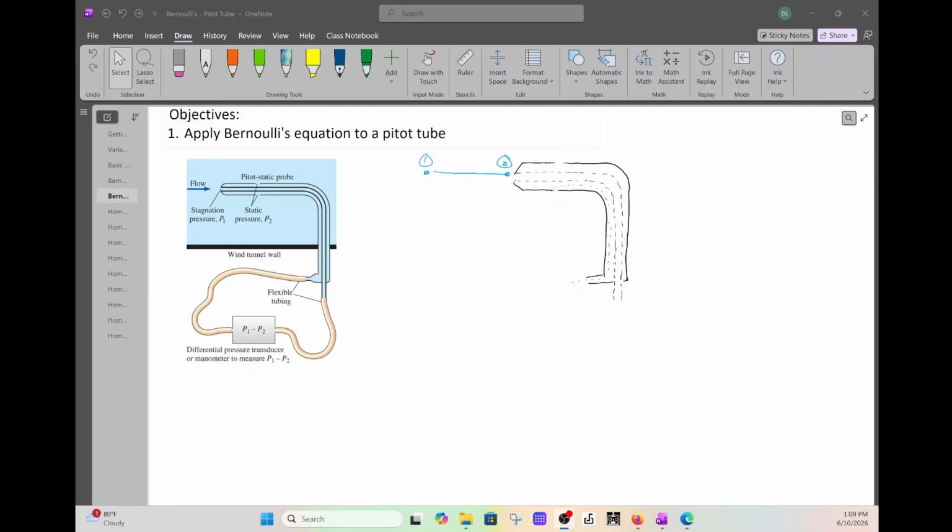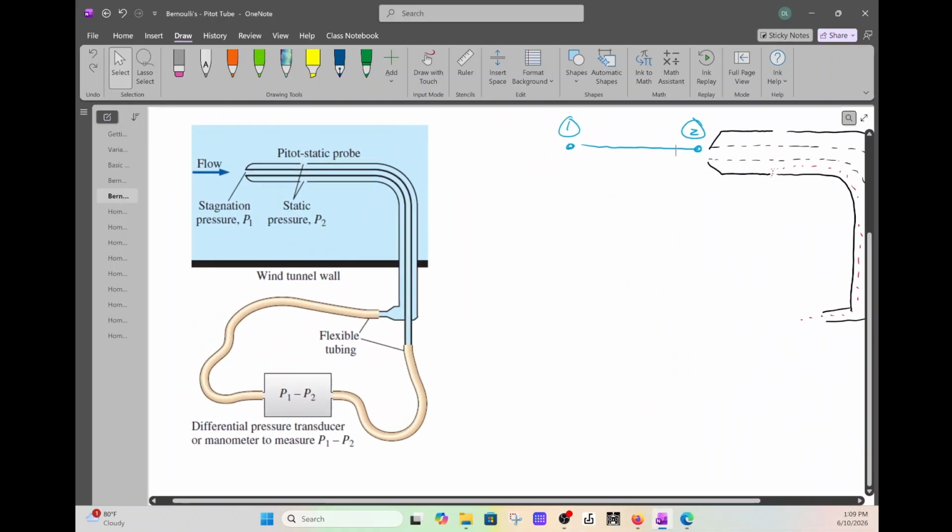All right, here's a video on Bernoulli's equation, and we're going to apply it to a pitot tube, or a pitot probe. These are mounted on airplanes, and they're used to find the velocity of the plane. So I'm going to zoom in right here. The way the pitot probe is, it's like a